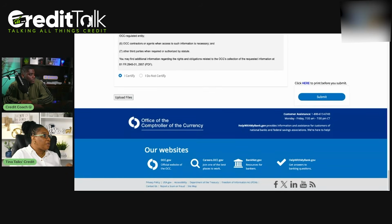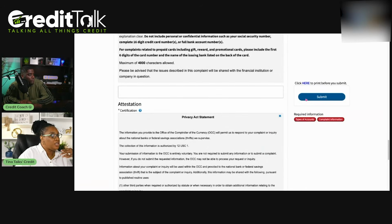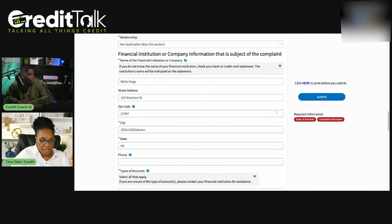Can you see where I'm printing it at? I don't think it's going to show where I'm printing. I'm on the print page, but it's fine that it didn't come up on the screen, because it's just going to be this, and then you're going to submit it. And I'm not going to submit it because I'm not going to submit a false report, but that's it. It literally takes about 10-15 minutes if you have all of your papers in a row to file your complaint